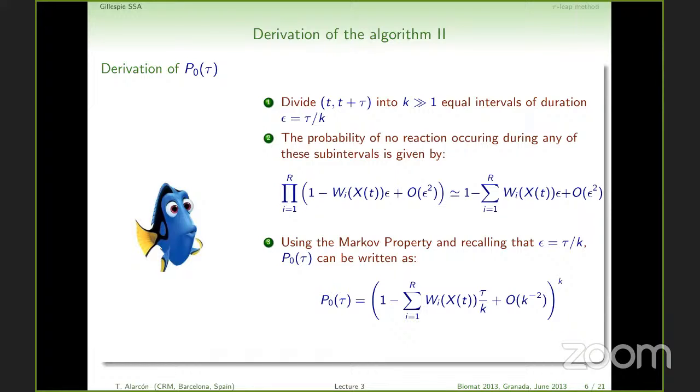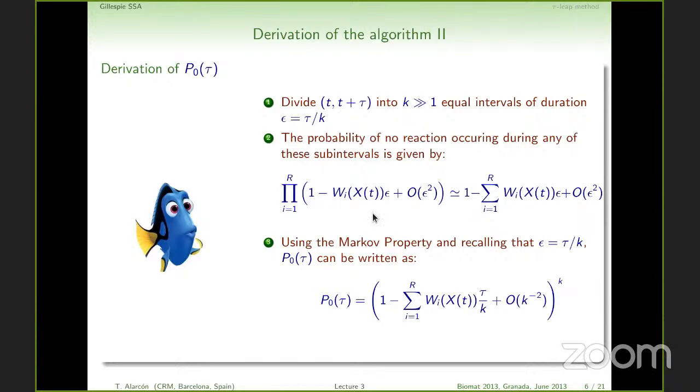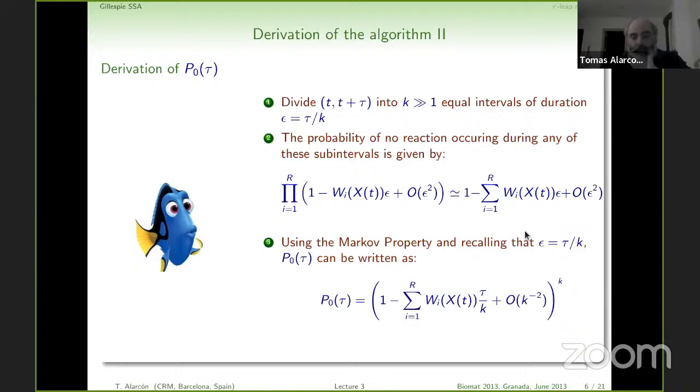Okay. And those corrections are order epsilon squared. Okay, I understand now. Thank you. That's just because the definition of the W is a rate, okay? So that's why you have this thing here. Okay, so now again, the probability of nothing happening during one of these subintervals is therefore